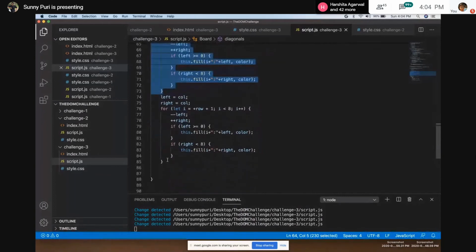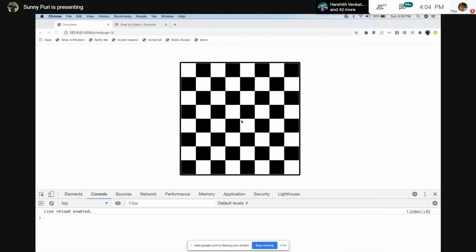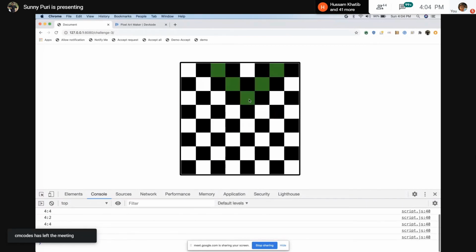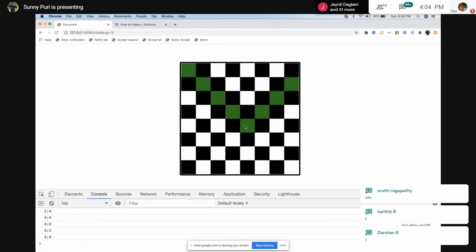Okay, so let's comment it out. Let's see what will happen. Are you getting it? The upper part, guys. Now we need to color the bottom diagonals as well.